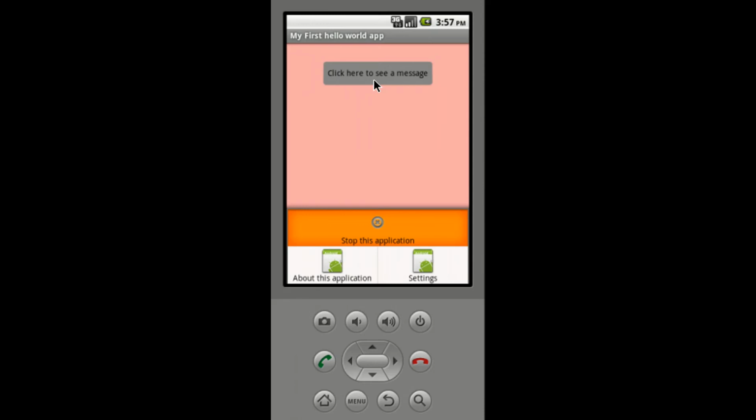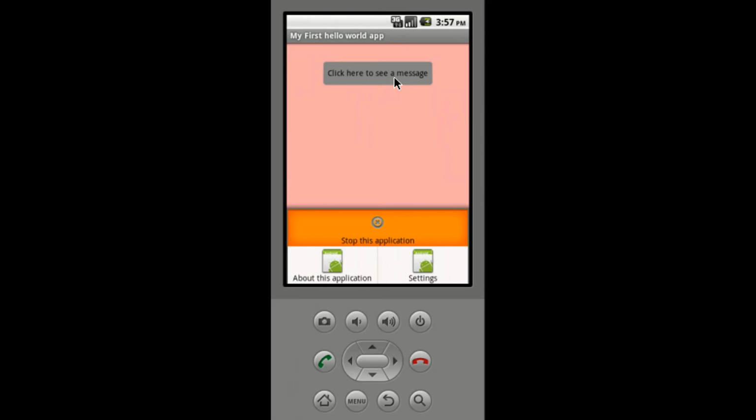Although the app is running in the emulator, it is not capable of doing anything other than displaying the screen. Our task is that when you click on the button, you will get one text message, right?